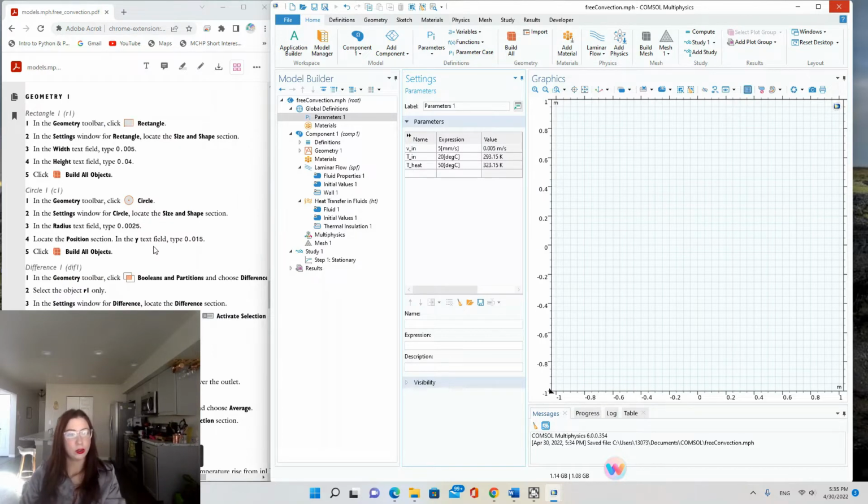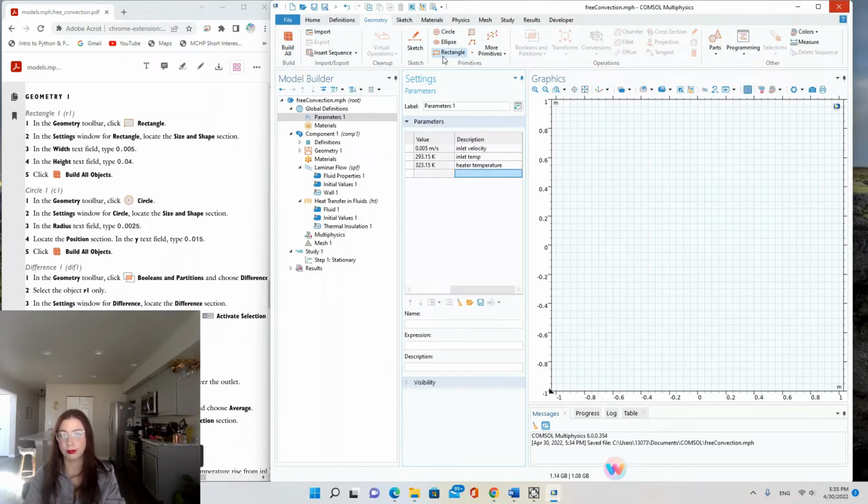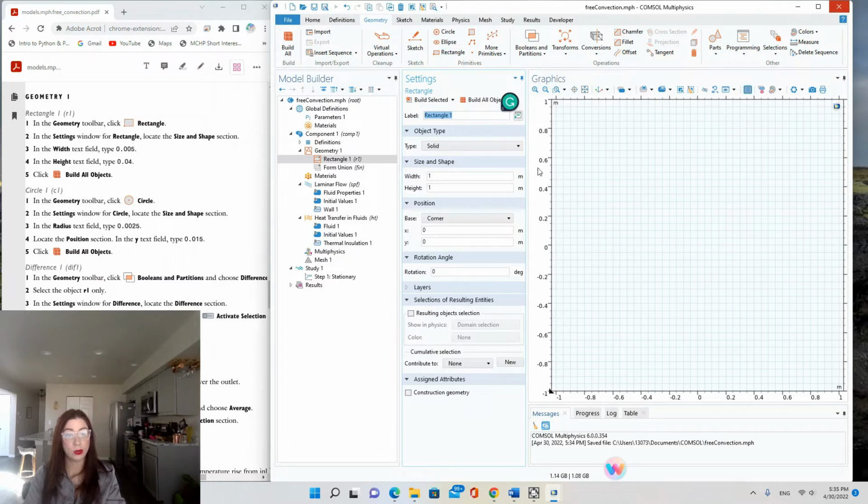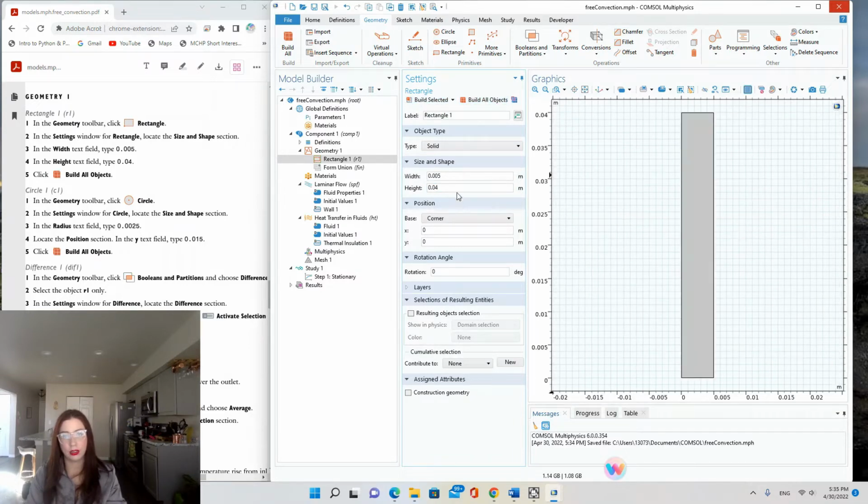So now we're moving on to geometry. In the geometry toolbar, click rectangle. In the settings window for rectangle, locate size and shape, and in the width, we're going to type 0.005 and the height 0.04. So what we're saying is a 5 millimeter by 40 millimeter rectangle. You could put that in as 5 brackets millimeters, just as easy to put a small decimal, the standard units of meters. And now we're going to add a circle